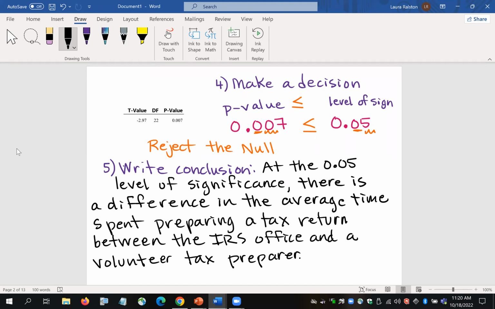Okay, so at the 0.05 level of significance, there is a difference in the average time spent preparing a tax